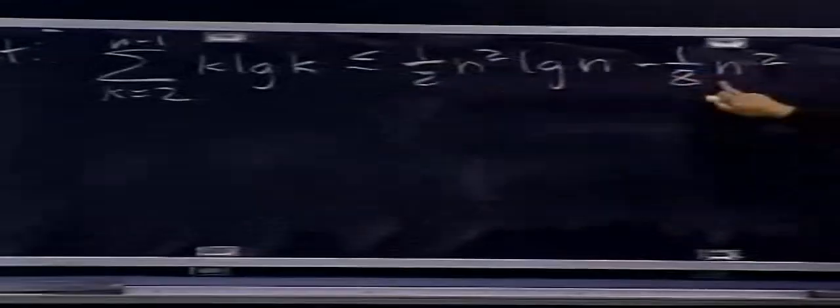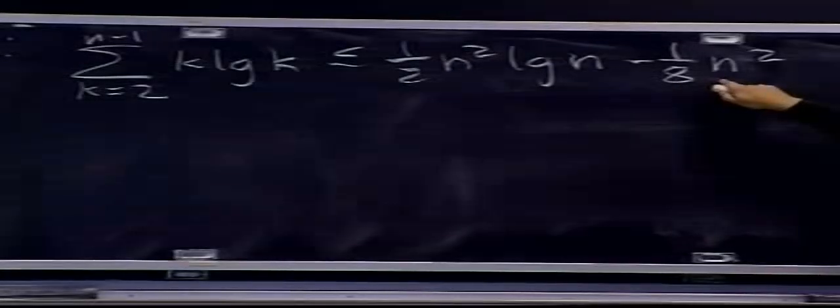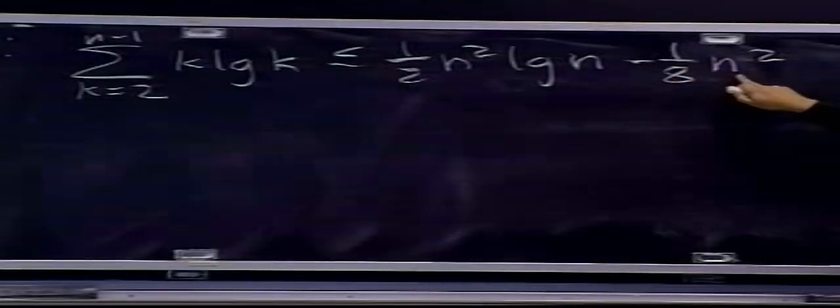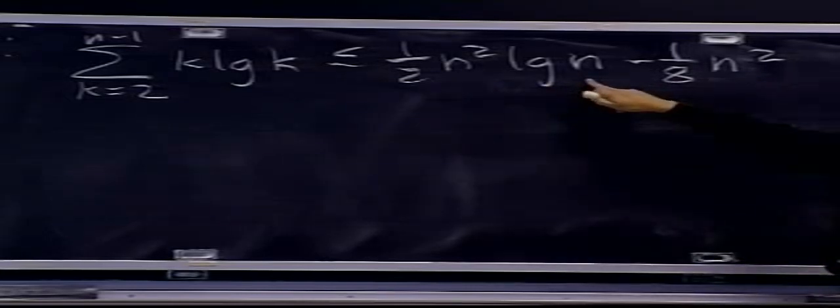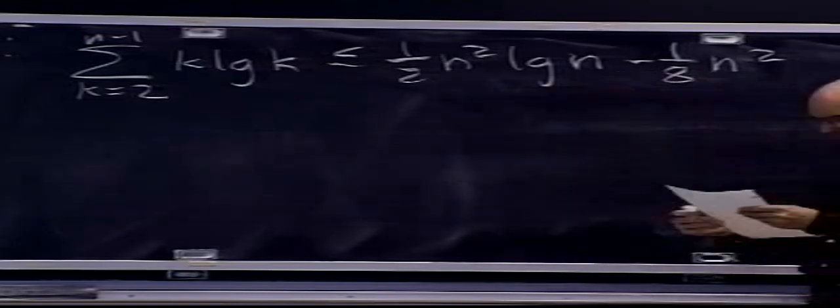What's interesting here is it's easy in the exercise to get the higher order term. What's hard is to subtract off something. It turns out this is crucial. This fact that when you sum this, you actually get something that is less by a quadratic amount from the half n squared log n. So we're going to use that fact. I'm not going to prove it. And now we just have to substitute.